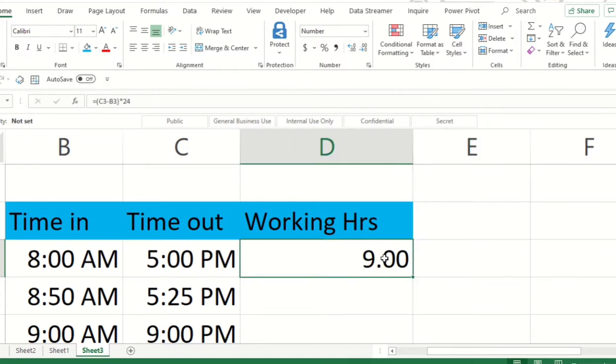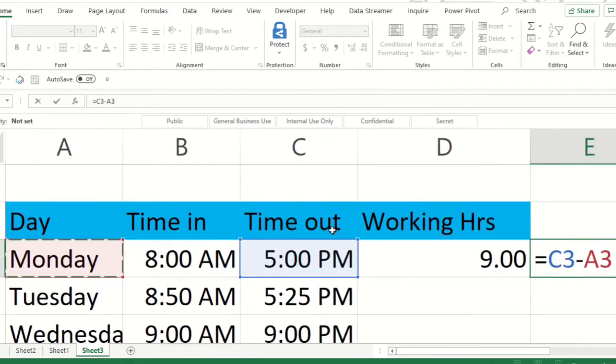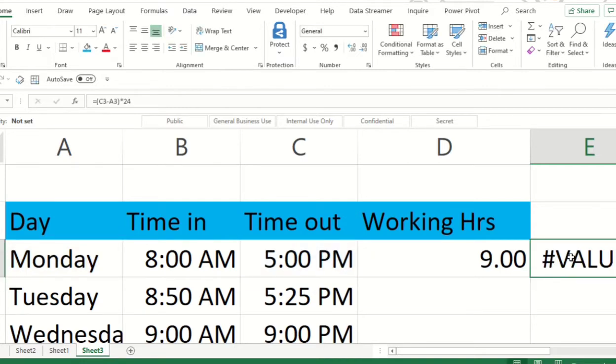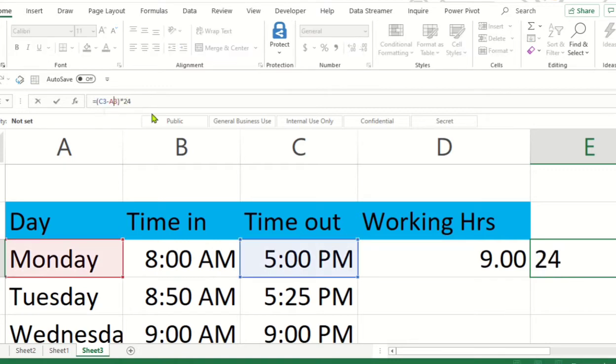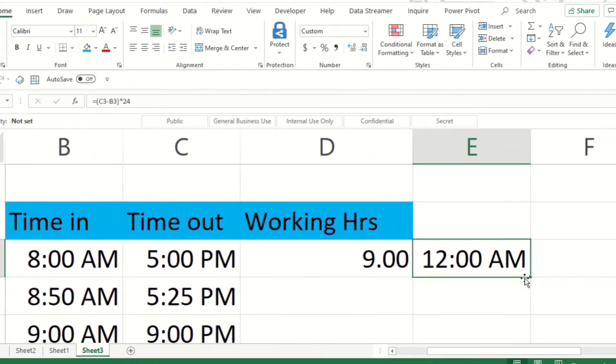If you're trying in your lab for the same field, it will not come. I will show you over here. Equal to time out minus time in. You need to open the bracket first and close the bracket, and into 24, press enter. That is C3 minus, it's showing A3, sorry, C3 minus B3. So we are entering B3 and you can enter C. Right now, once you try for the first time, it will show like this.